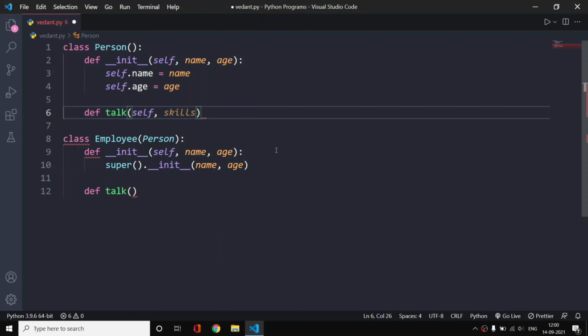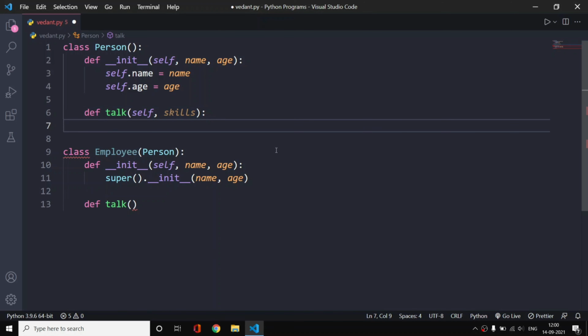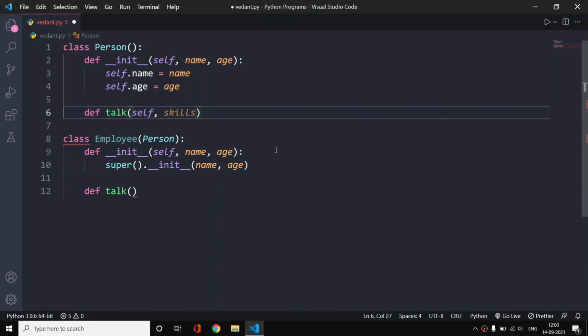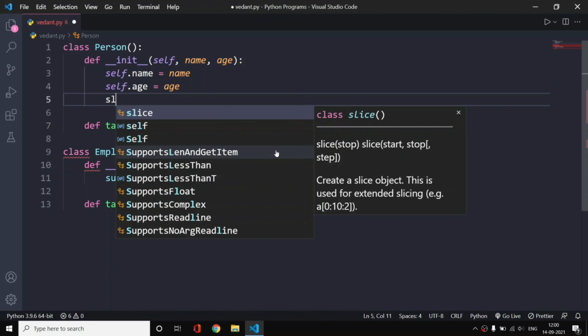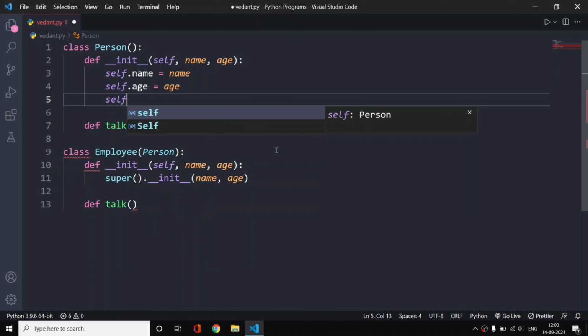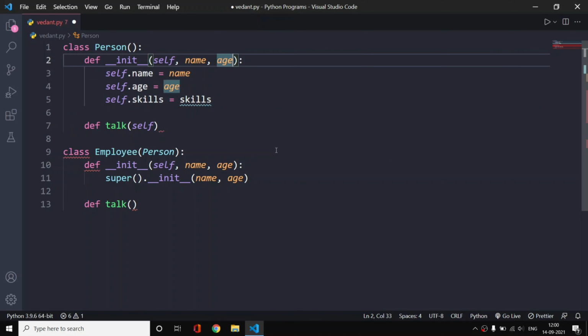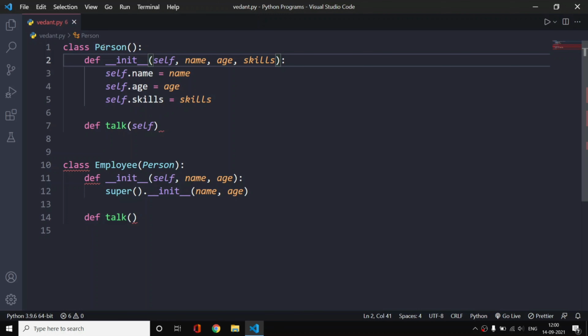We need to provide these skills, so let us mention these skills here. I am just structuring this class for now, and I will explain this to you soon. So person is basically any person, it can be any person now.